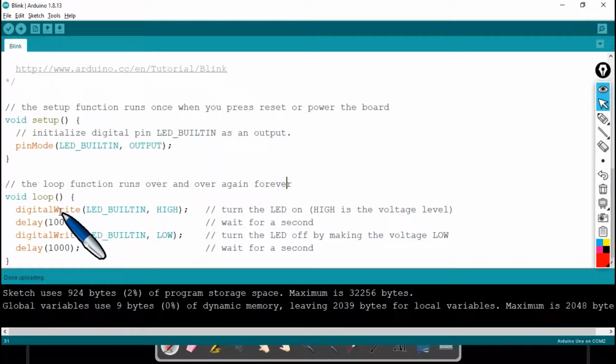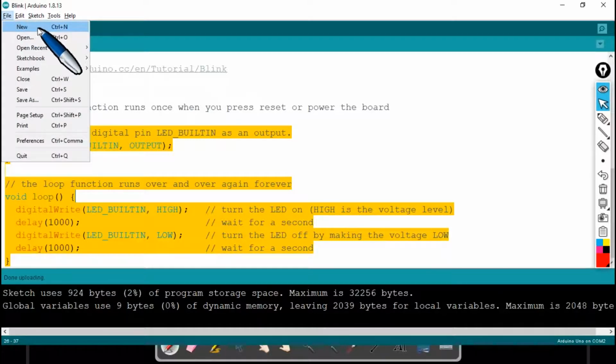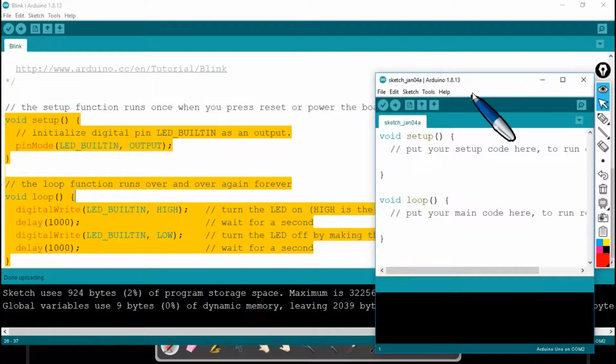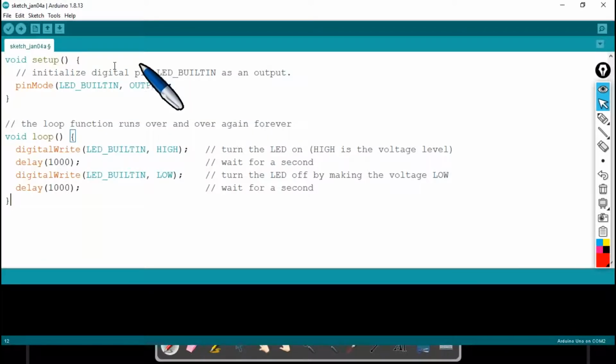In order to make any changes in this program, we are not supposed to. The drill is, do not make any sort of changes. If you want to experiment with this program, you are not supposed to make any changes in the example program. All you have to do is copy this program. After copying, go to File, create a new file, a new sketch. We will not call this a program, we'll call this a sketch. Create a new sketch, select all and paste it. So now we can easily experiment with whatever you're thinking of in this new program.